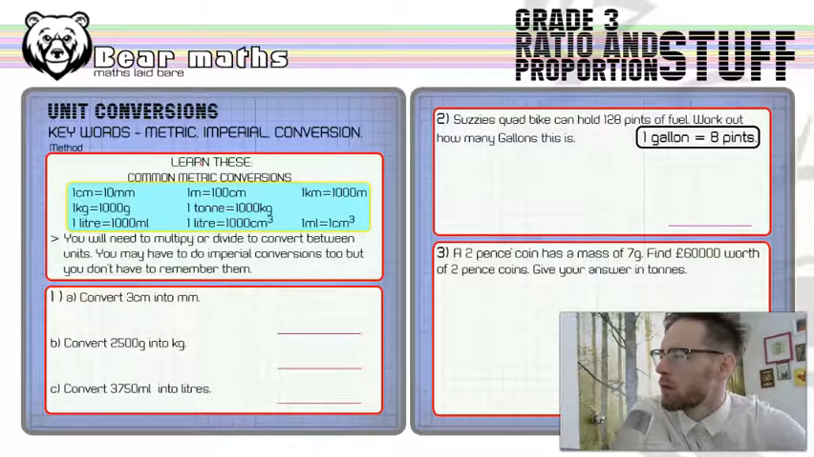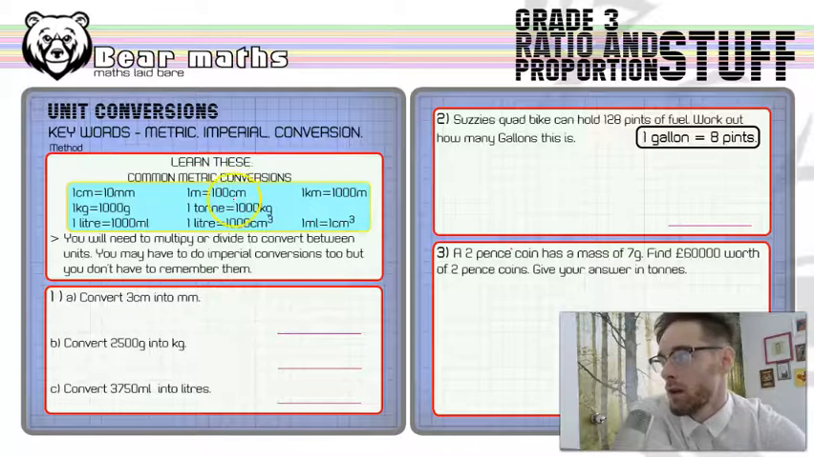Now, sometimes you do metric to metric. Most of the time, in fact, you do that. Sometimes you do imperial to imperial, and sometimes you do the metric to imperial. You can convert between them, but they're approximations. They're not exact. Okay. Now, there are ones you're going to have to learn, and those ones that you have